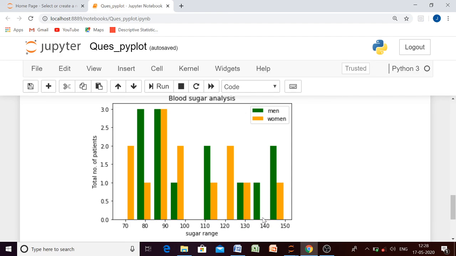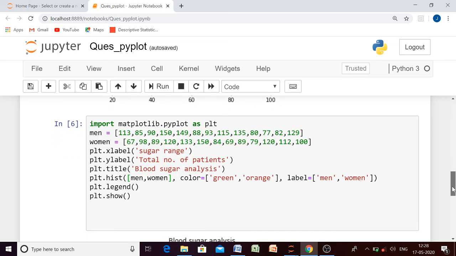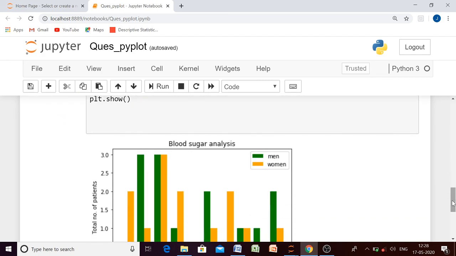Again here we don't have data from the women's side. So by default 10 different bins have been chosen. If you want to change the bins, you can specify the bins attribute as well. So this was all about today's discussion. If you want some more important questions, then join me in the next video. Thank you for watching.